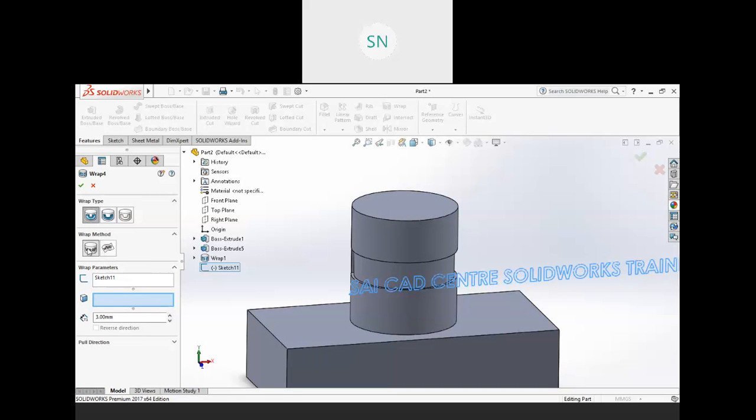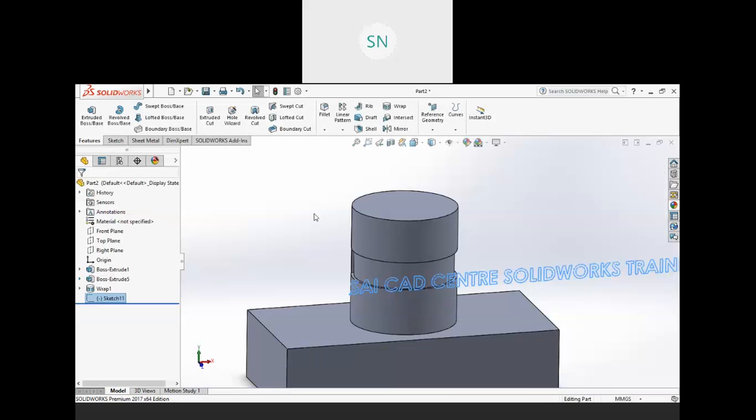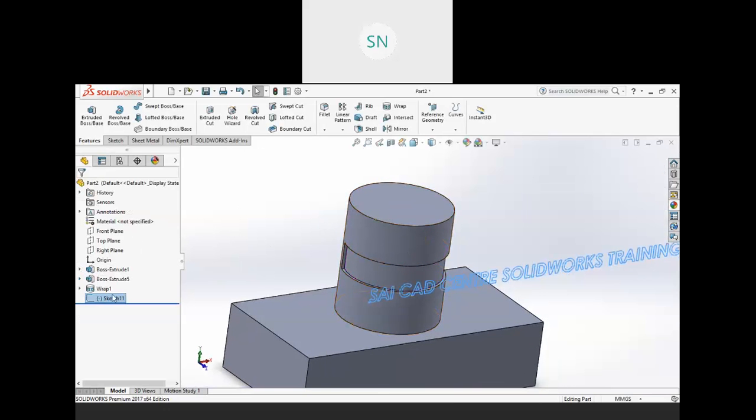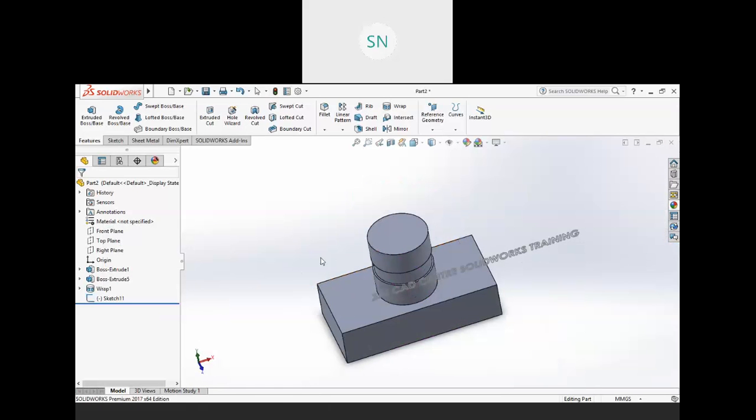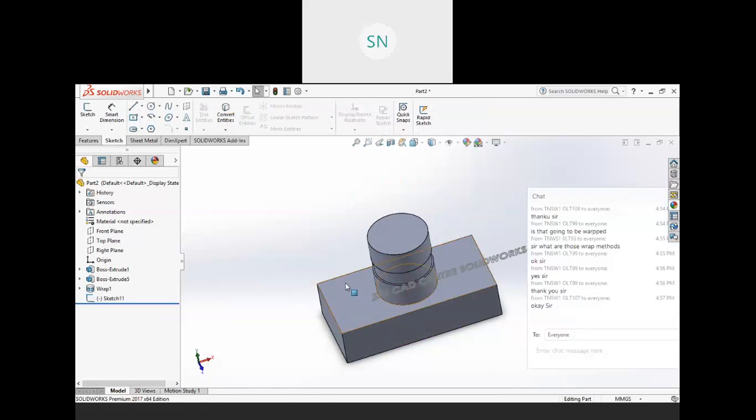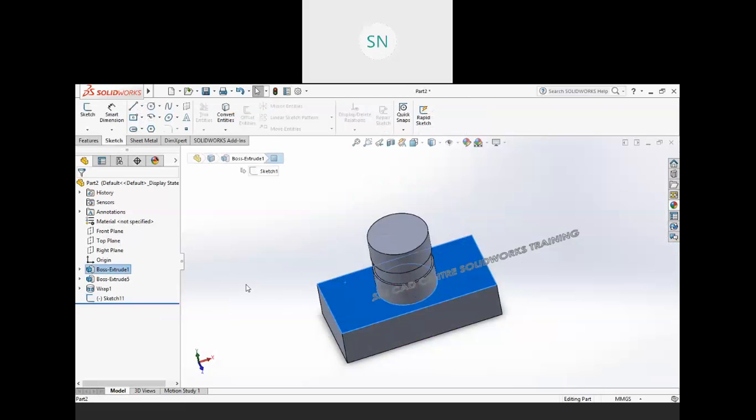So see, this is again a new topic, because if you have a lofted face, then actually we are not able to provide this wrap function on that, but this thing is added. So if you have a lofted face, then you can use the wrap on the spline surface, right? Or if you have a surface, then also. And let me sketch it once. Let me try it for you.